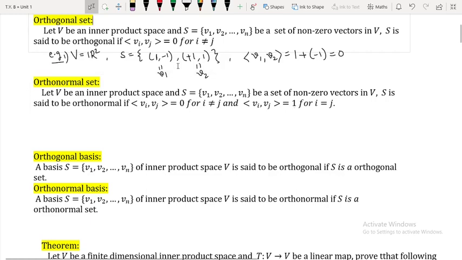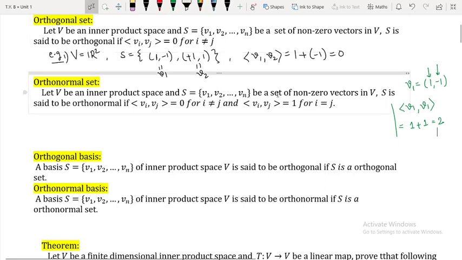So if we take this last example, I will do the calculations on this side. For the last example, what will be inner product of v1 with v1? I guess 1 multiplied by 1 is 1, and what is our v1? That is (1, -1), right? So 1 multiplied by 1 is 1 and minus 1 multiplied by minus 1 again, so that will be plus 1, which is 2, right? So you can see inner product of v1 with v1 is not 1, it is 2 actually. So therefore this set is not an orthonormal set. I hope you are getting my point.